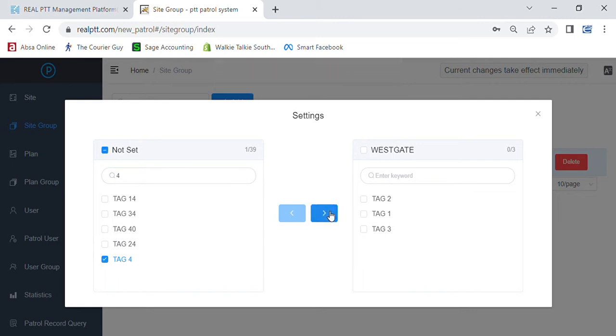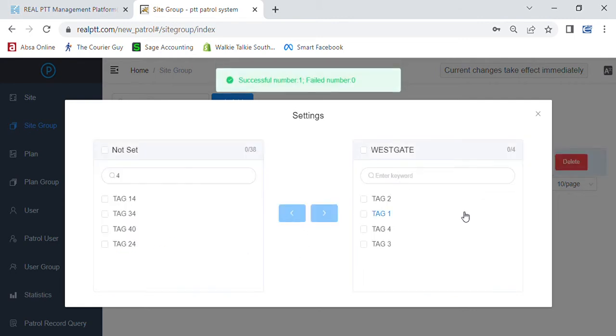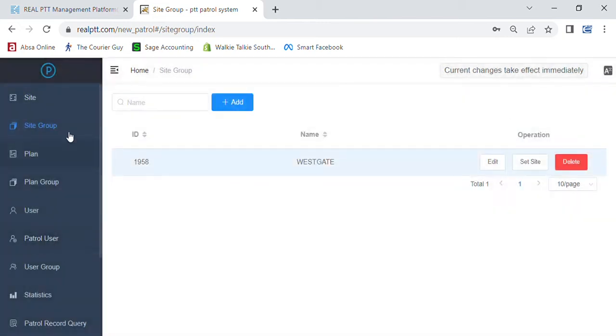So we're going to put these 4 tags into the site, and we're done choosing the tags that we need to put into the site. So all you do is press the close button, and now the next thing to do on the list is